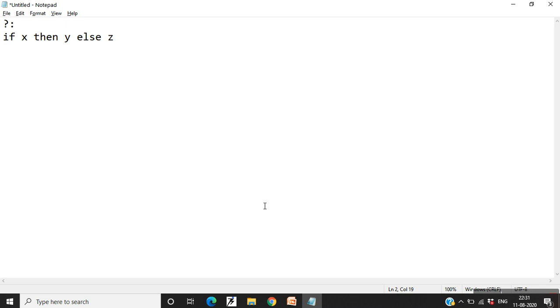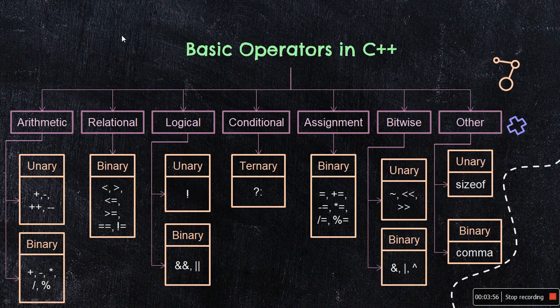When you have three operands x, y and z, you evaluate the expression x, and if it results in true, then the output is y, else the output will be z. This is how the conditional operator is used. It is a ternary operator because it uses three operands.